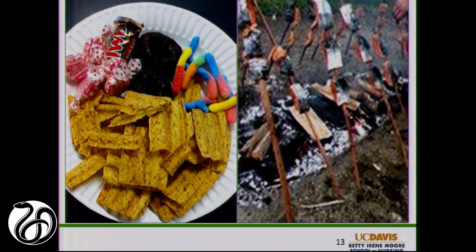The picture on the left is a snack they were given at school on test day. The picture on the right is the traditional Karuk way of smoking salmon that's caught in the Salmon River there. Here's a clear difference in what we do today versus our traditional relationship to food. So that's an example of the youth being community researchers, addressing a community concern, and then wanting to do something